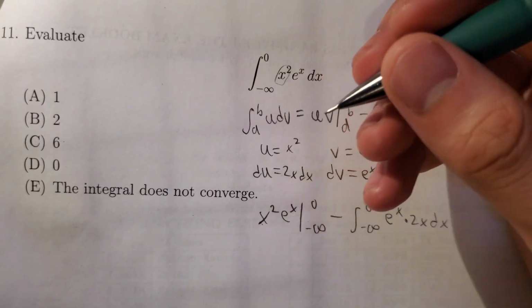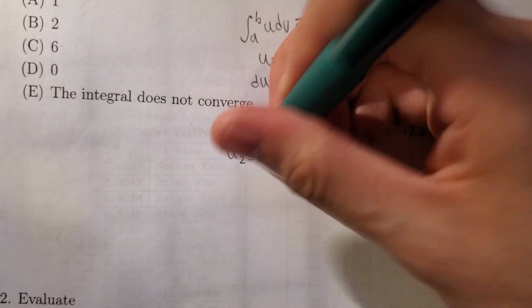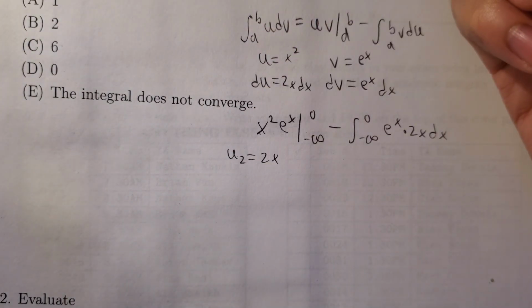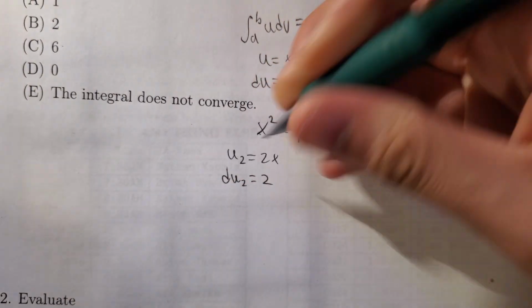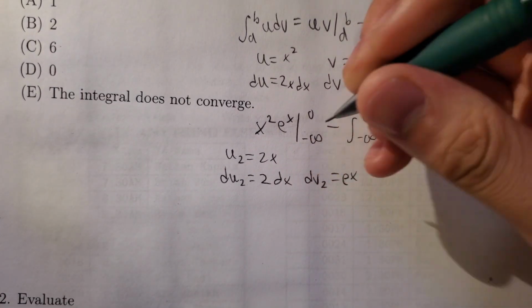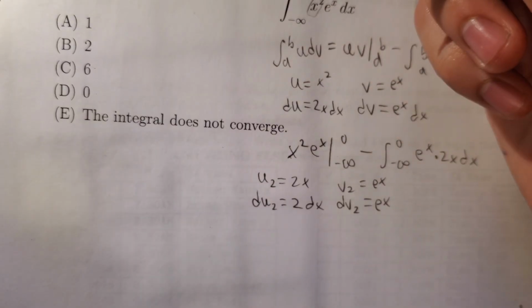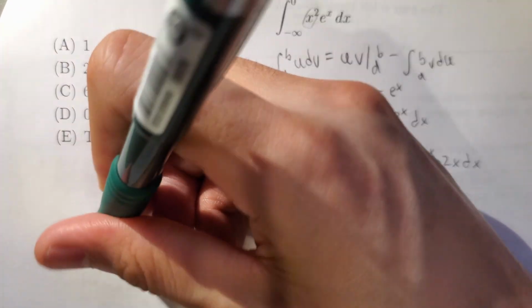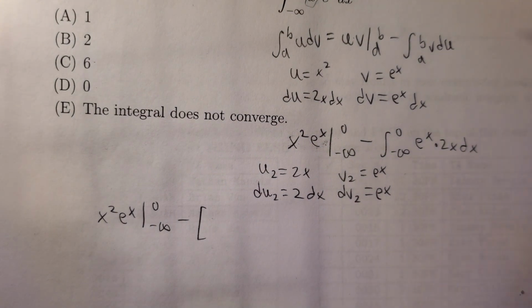So if we do u sub 2, we're going to set that equal to 2x, and we're going to find that du sub 2 is equal to 2 dx, and then dv sub 2 is equal to e to the x. So v sub 2 is also equal to e to the x. So we're going to do the same thing. So our new integral is going to end up looking like x squared e to the x from negative infinity to 0 minus,